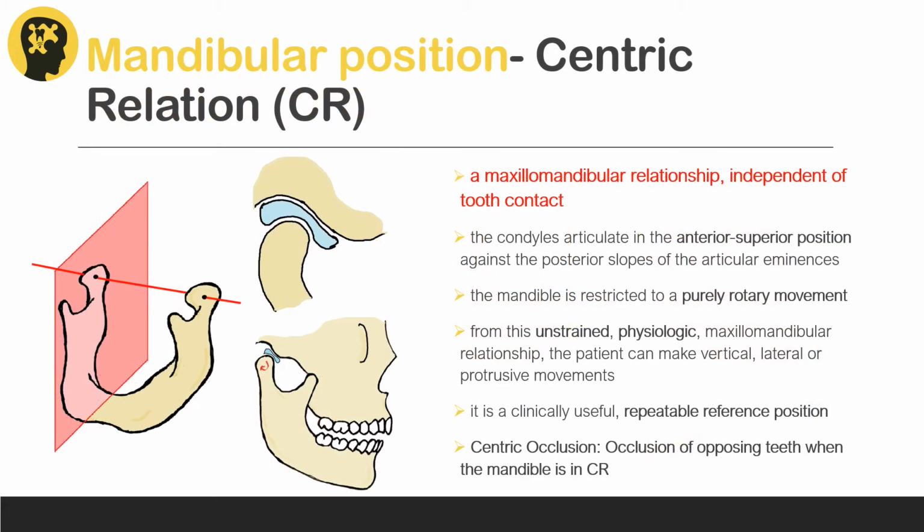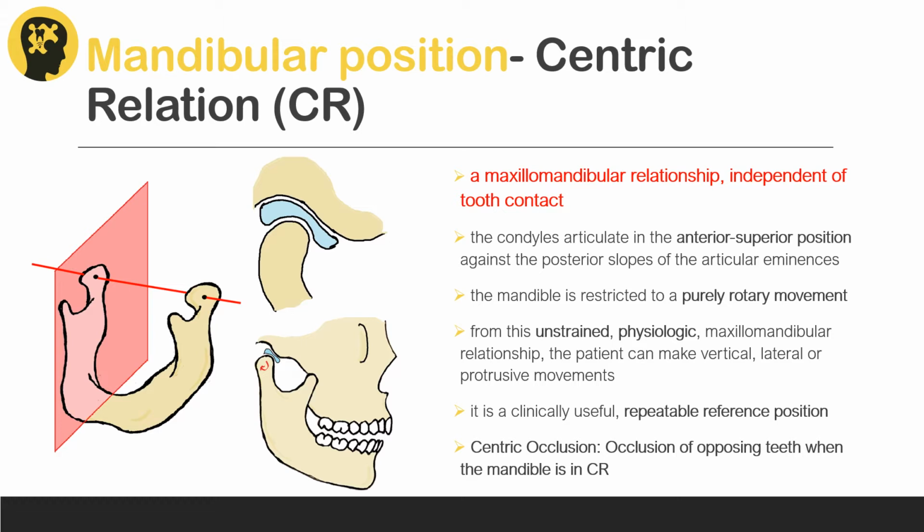In this video, we'll discuss two super important mandibular positions, the centric relation and maximal intercuspal position. Let's talk about centric relation first. So, centric relation is a very talked about subject in prosthodontics, and its definition has changed quite a fair amount over the years. But we'll go with the most recent definition by the ninth edition of the Glossary of Prosthodontic Terms. Now, I know that for most of you starting out, the definition of centric relation can be very confusing, but let's try to understand the concept over here.